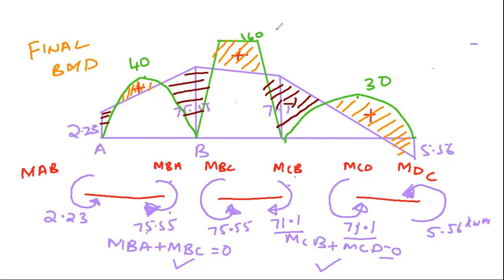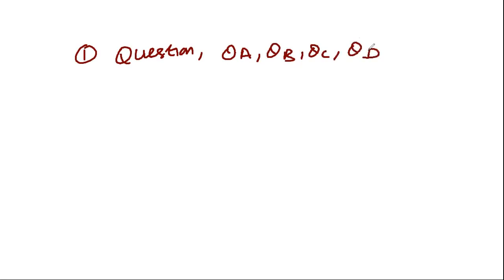Once you're done with this diagram, I'm going to repeat briefly what we have done. Right, I'm clearing this page. Please pause it and draw the diagram. First, we have seen the question. Immediately after seeing the question, we have seen the number of slopes present: theta A, theta B, theta C, theta D. Based upon the supports, theta A and theta D are eliminated because these two ends are fixed. So the two unknowns will become theta B and theta C.